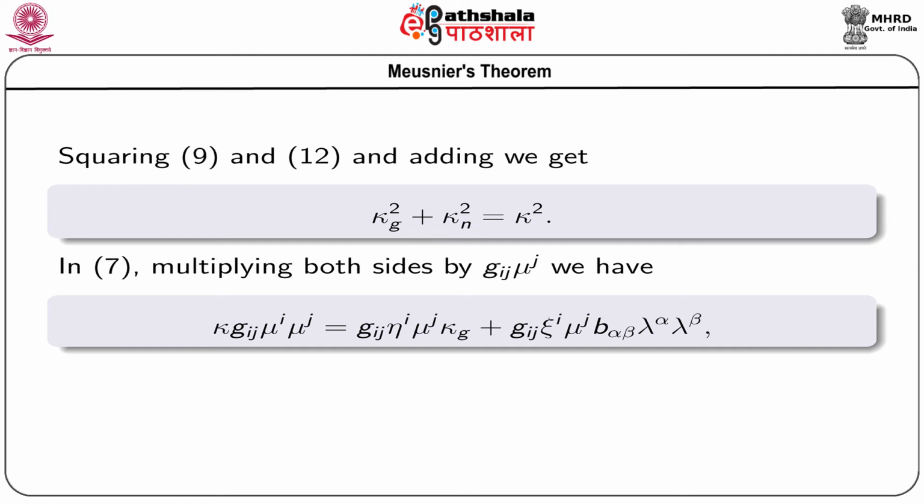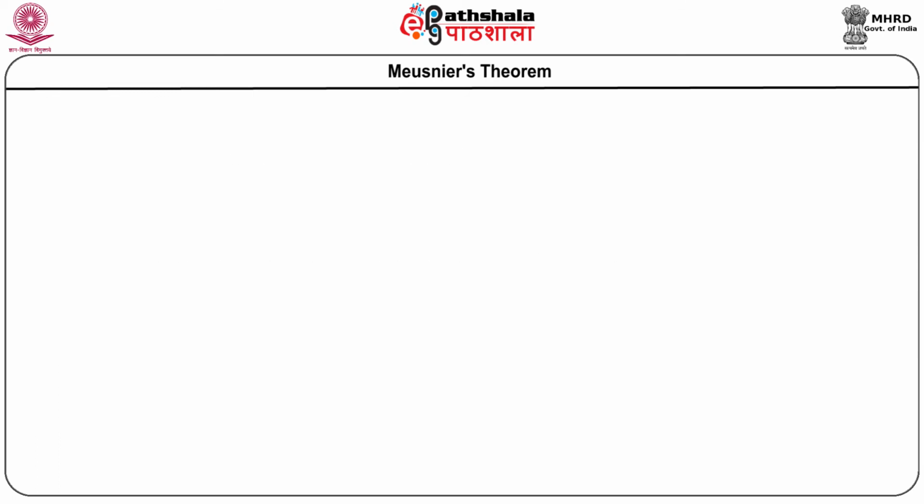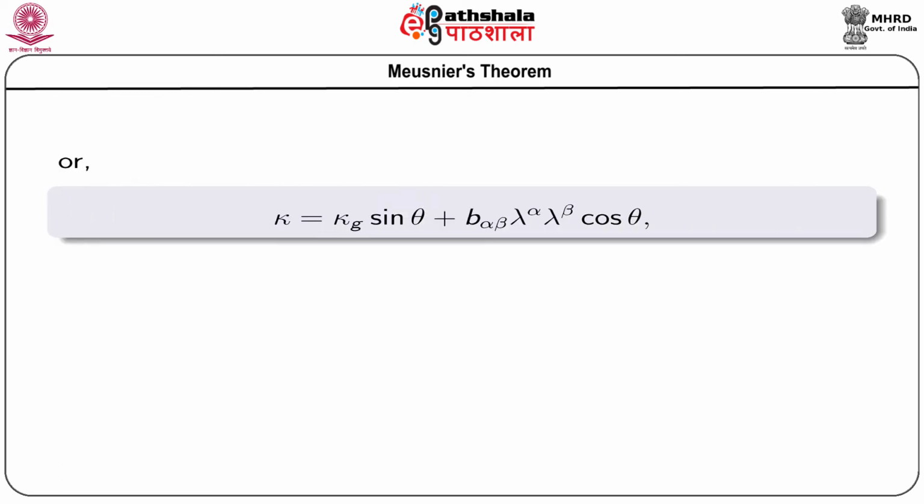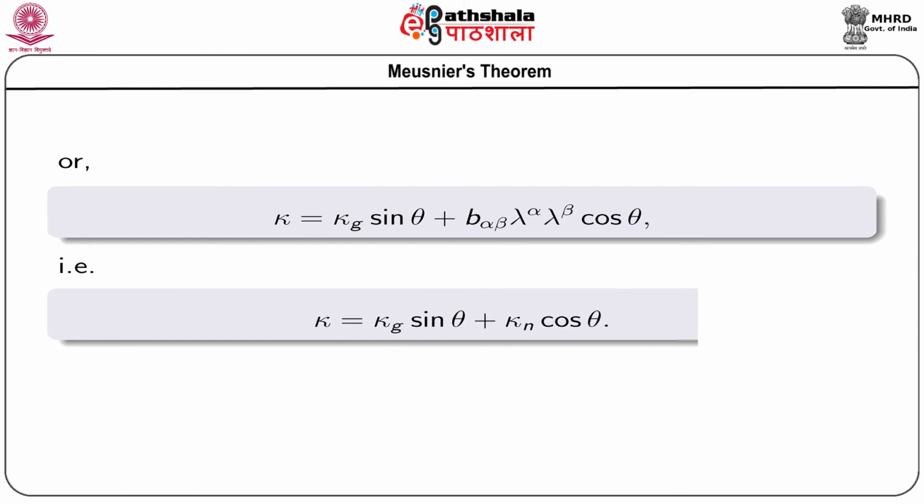So, we get another interesting relation between kappa g and kappa n, that is kappa equals to kappa g sin theta plus kappa n cos theta. So, this is a very interesting relation between the curvatures of the curves on a surface which have the same